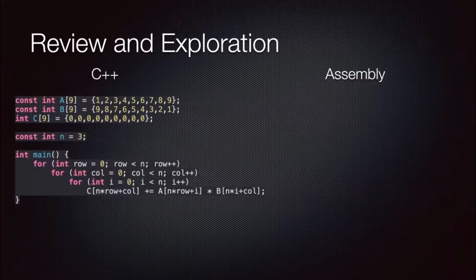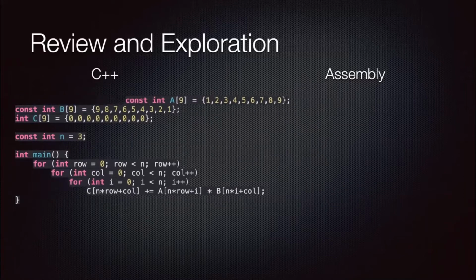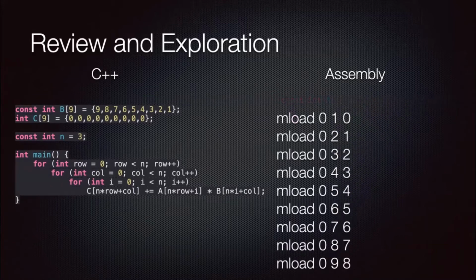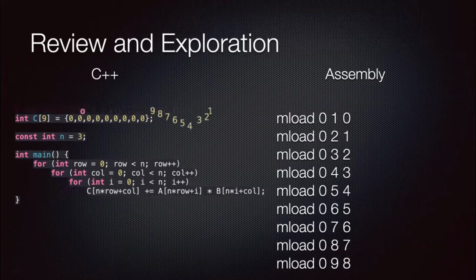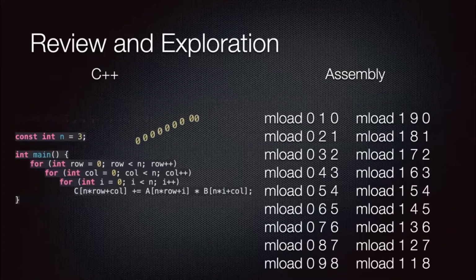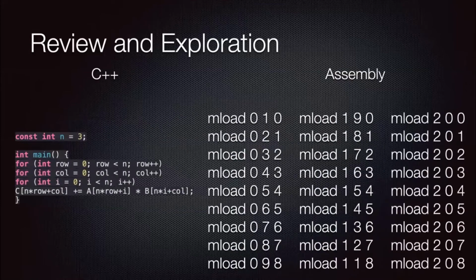Now let's turn this into assembly code. First, let's load matrix A into memory. Next, we'll load matrix B into memory. And finally, we'll load matrix C with zeros. We're calling our memory load operation mload. The first number indicates which memory to use, the second number indicates what to load, and the third number indicates the address. There's a lot of duplication here, so we can reduce this down